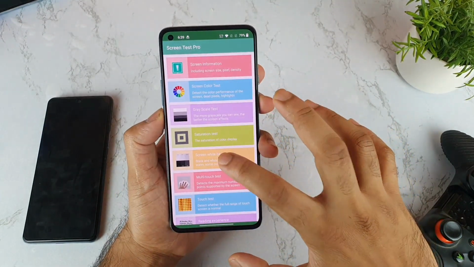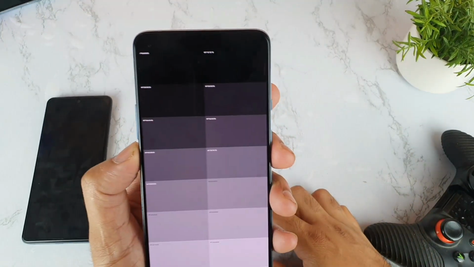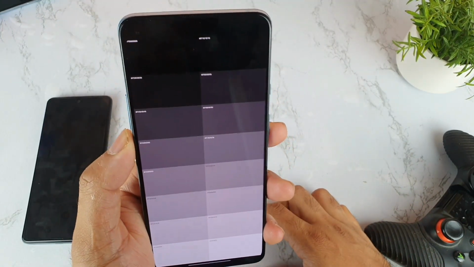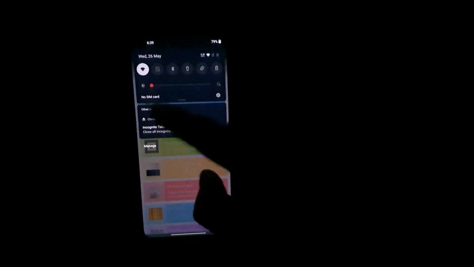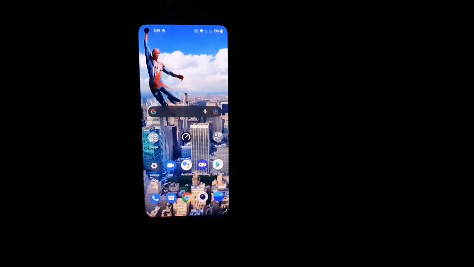These are the colors you should see even in low brightness mode as well. Try to observe the colors, and now let me turn off the lights and decrease the brightness. As you can see, friends, this is how it looks with no lights and lower brightness as well. So these are the statistics. Overall, I was not able to find any kind of green tint issue in this particular phone at this point, even using the settings.